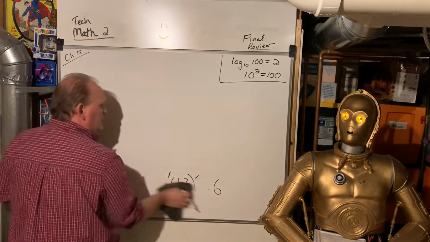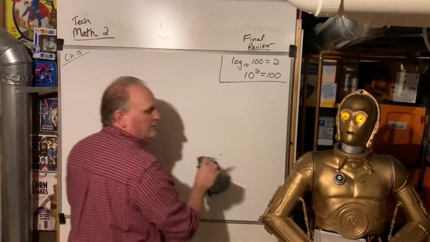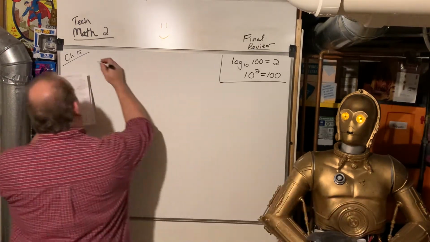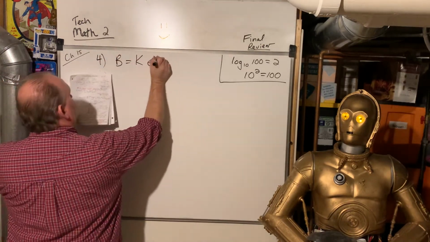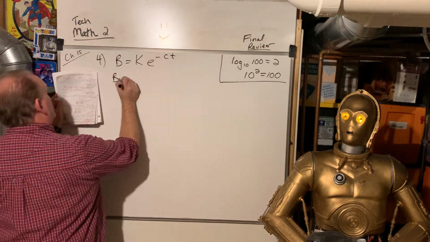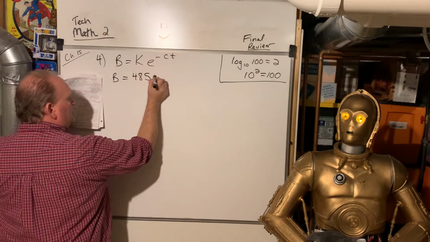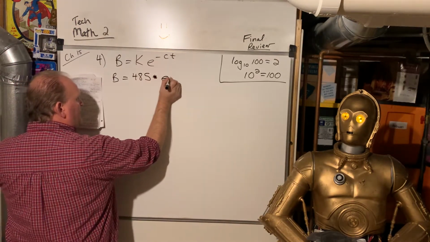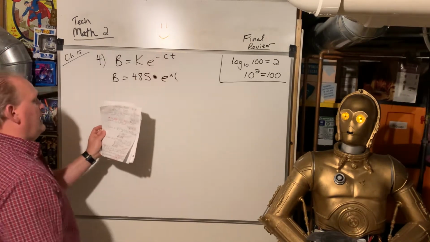But in general, those plug and chug are usually pretty straightforward. So B is equal to K e to the negative CT, and they want you to find B, so they give you the 485, you do times second ln, that pops up e to the power and puts a parenthesis on it, and then, now this is